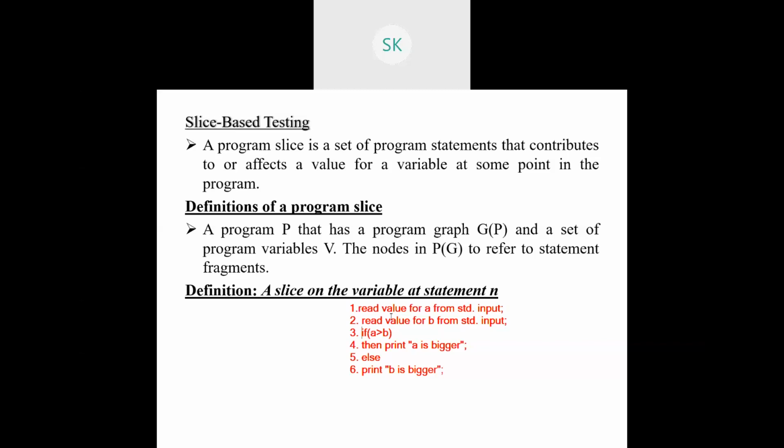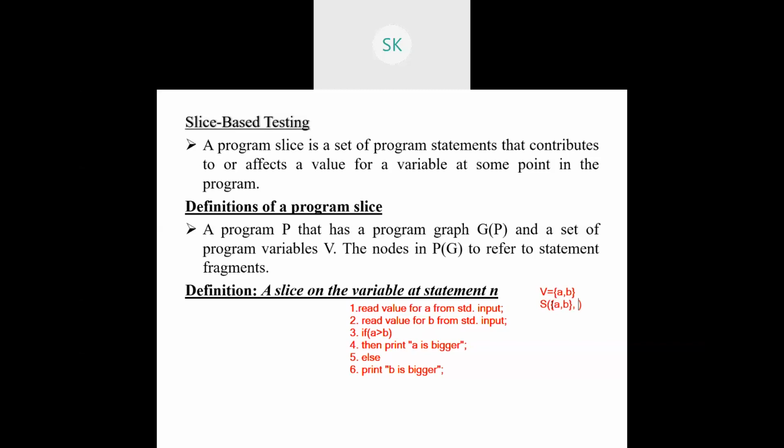Okay. So the next one is you need to have a slice for it, right? So how to have a slice? They have given that slice with respect to the variable set. What is a variable set? V is equal to A comma B. Two variables are there. So first you need to address those particular two variables A comma B.